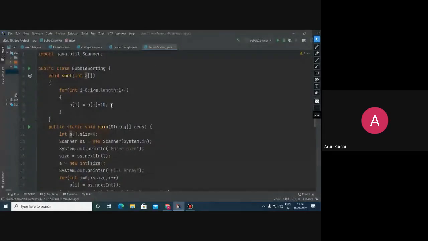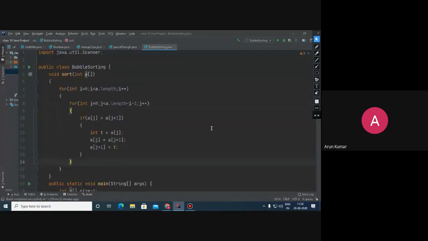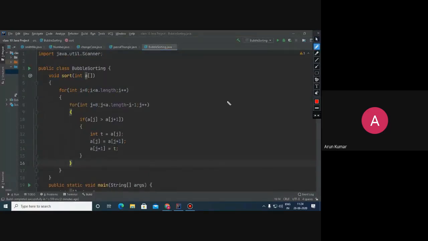Now, children, I am just going to explain how it works. So here, this is the code of sorting. Okay. See, I'm just going to explain it with one example. Suppose it is 15, 7, 2, 19, and 6. And these are the elements.